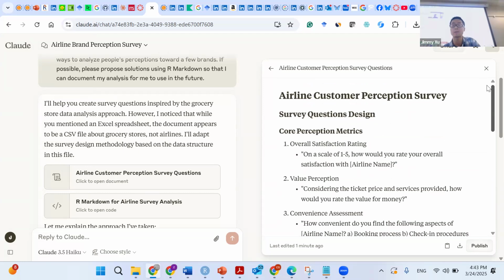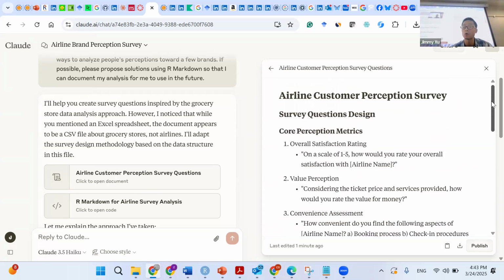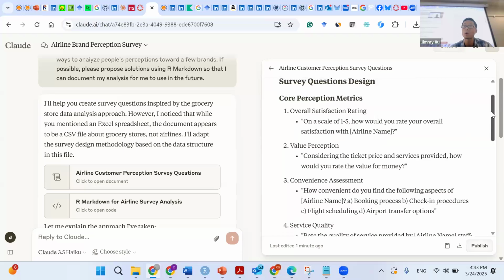So it's going to tell me, okay, first one with all caps titles, sections, and also numerical bullet points. Okay. So overall satisfaction rating on a scale of 1 to 5, how would you rate your overall experience, right?